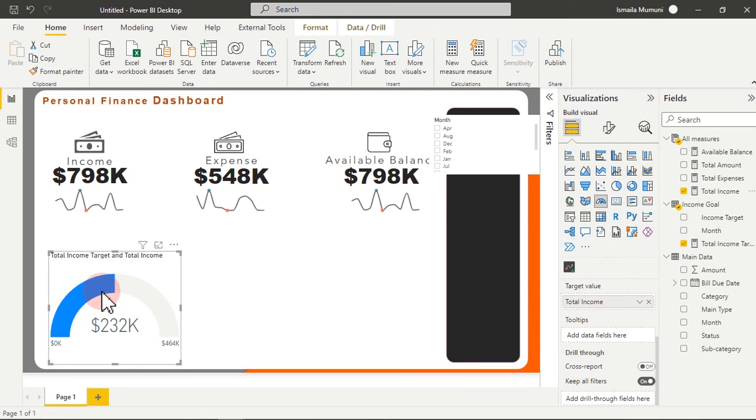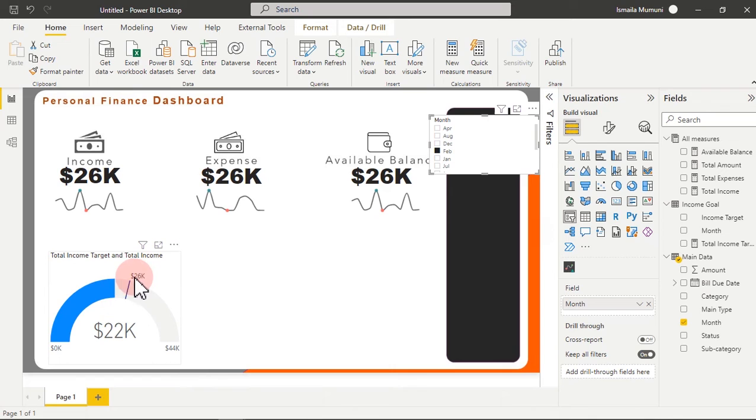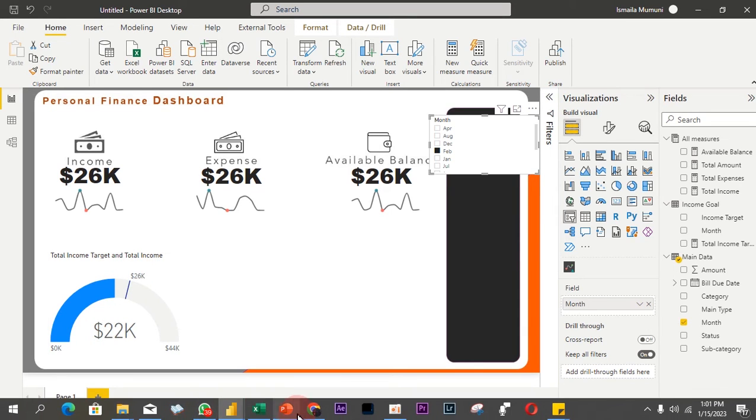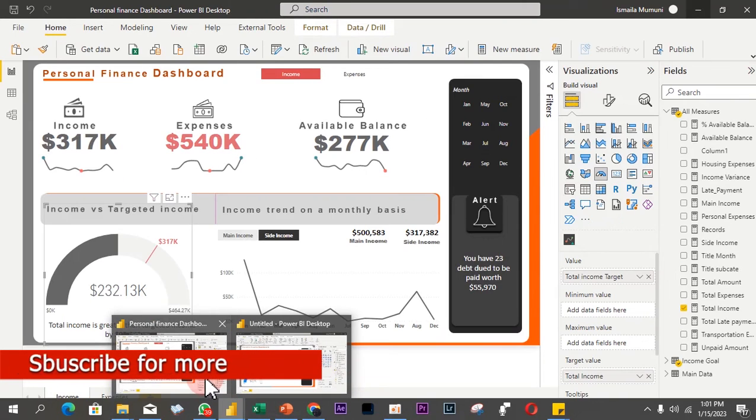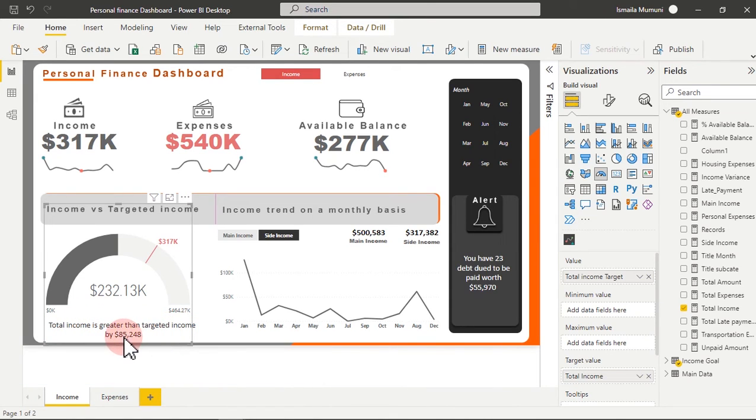But what if we hover over it? What do we see? And if I select a particular month right here, can you see that right now? It shows up right here, which means our income is above the target. So if you look at what I've done here, it further explains what you're saying. So based on what I have right now, it says total income is greater than targeted income by